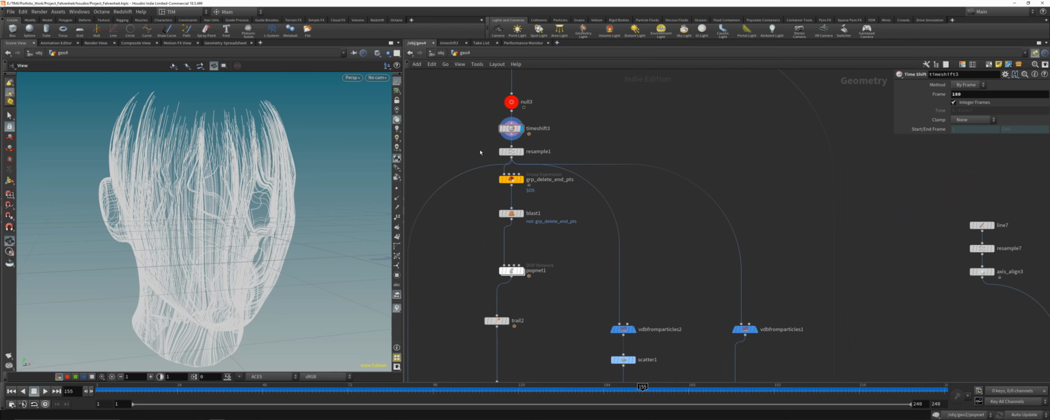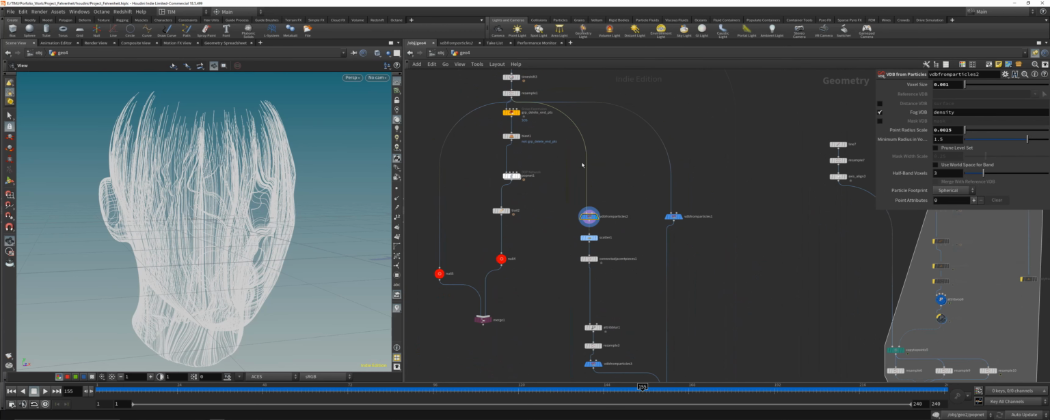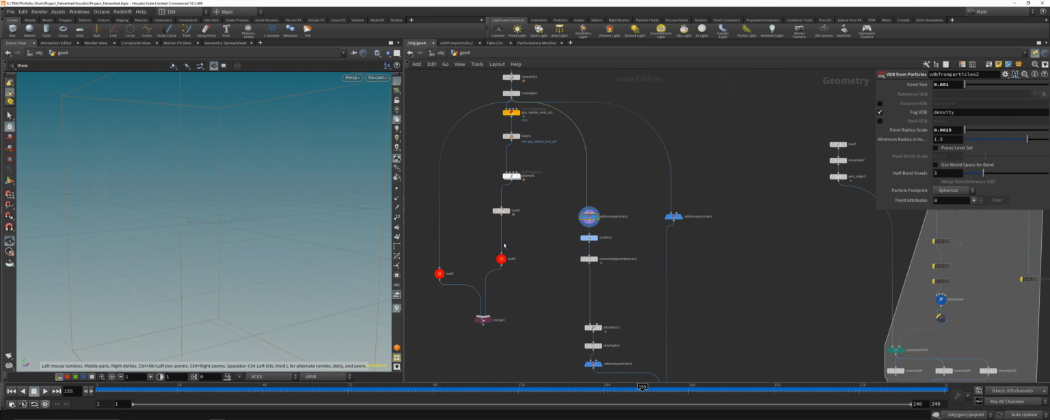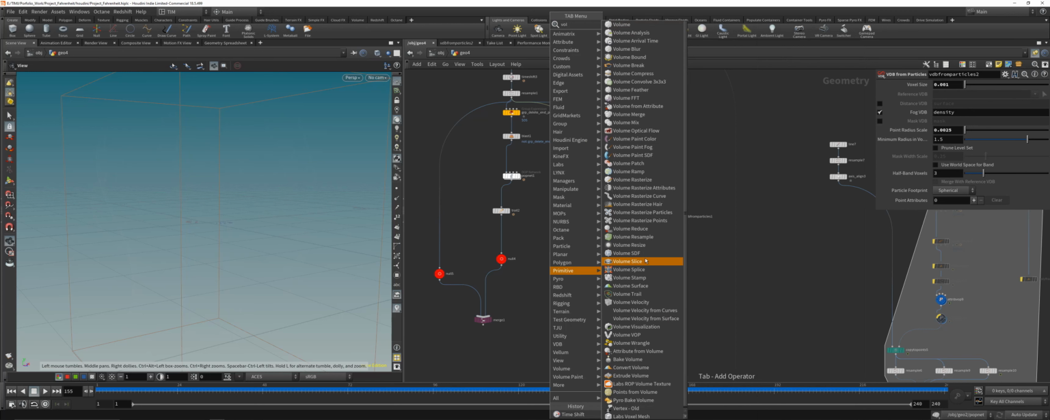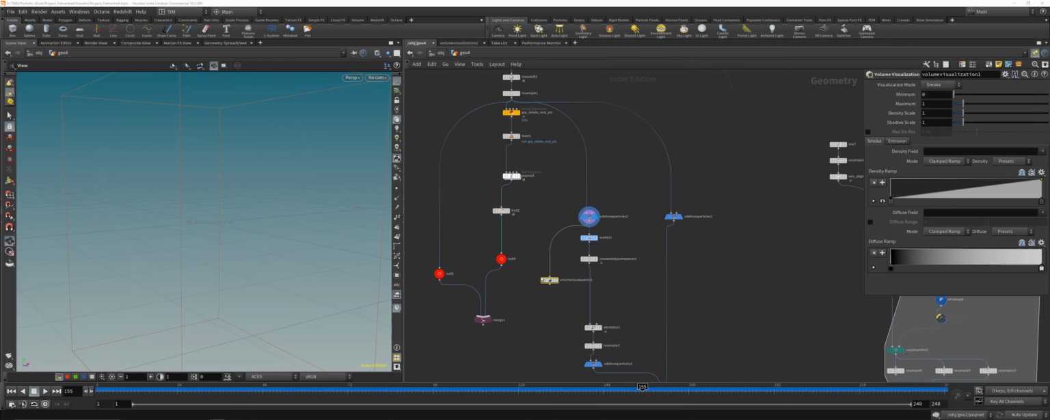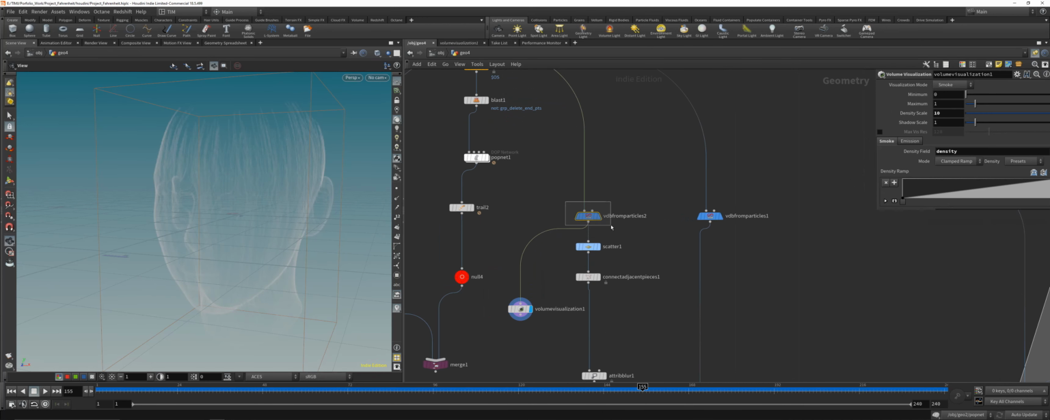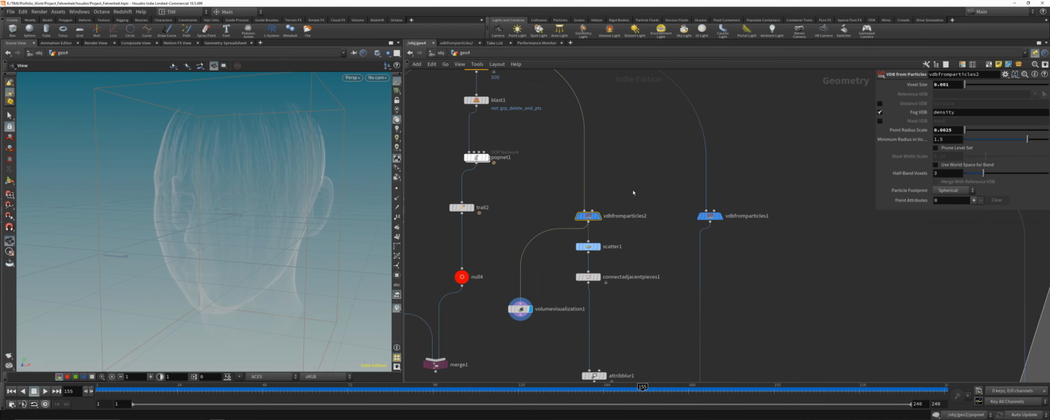So that's some resampling here, and then a VDB from particles, and let me just go to volume visualization, there it is. Just make it much stronger here. Yeah, you can see I converted the lines to a VDB from particles, but not into a surface VDB. I converted it back to a fog VDB,